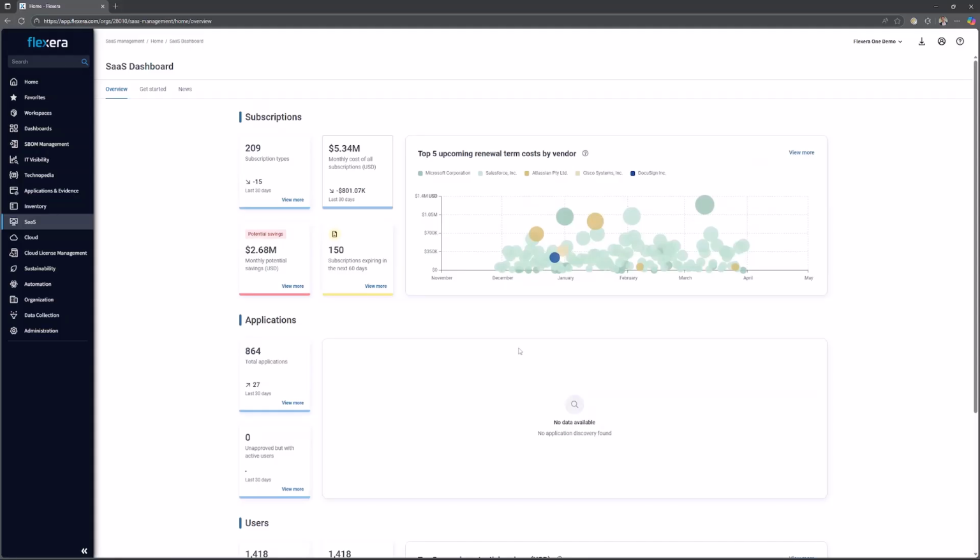As companies grow, add users, decrease, and remove users, SaaS applications can be something that gets missed in regards to usage, as these aren't installed locally, but are accounts normally held by users added to the system directly. So by using a number of different connectors, which fill in the data as we can see here, for example, Microsoft, Salesforce, Jira, DocuSign, Cisco, we've got a nice oversight of our SaaS applications and how the data flows over